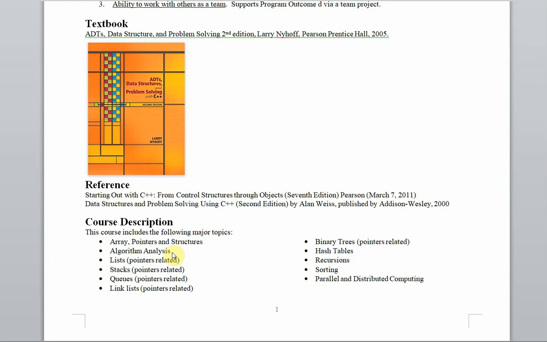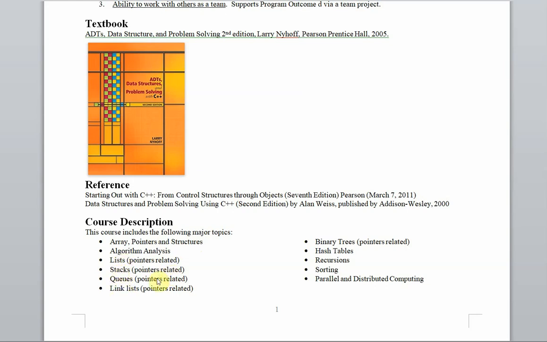After you have that capability, we will move into a major topic, probably weighted half of the contents that we will discuss in this class. That's called lists. Lists are pointer related, so we will learn how to use arrays to implement lists, and more importantly, how to use linked lists to implement lists. And of course, using pointers or linked lists is a combination of structs as well as pointers to form important connections, so that it can give us much more flexibility compared with the array implementation. After that, we will look into two special scenarios about lists, which are called stacks and queues,